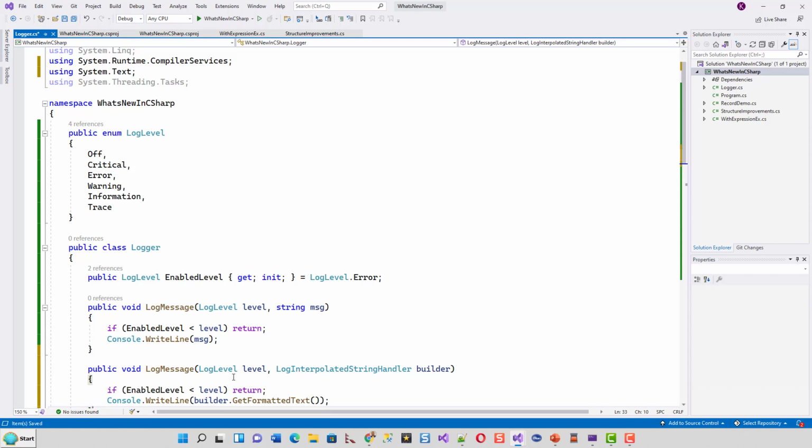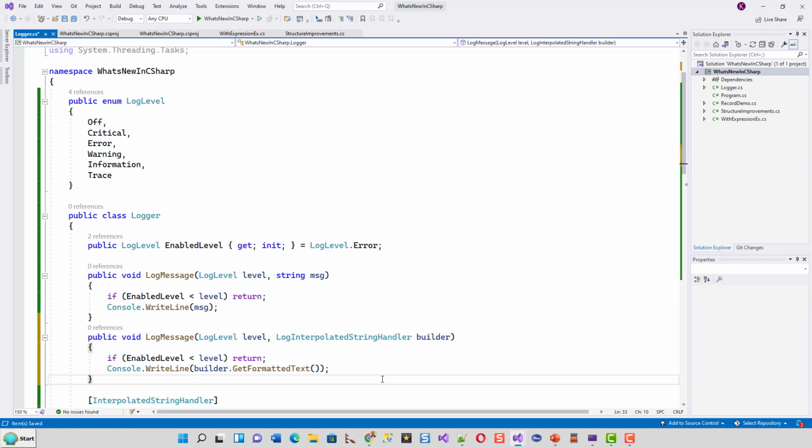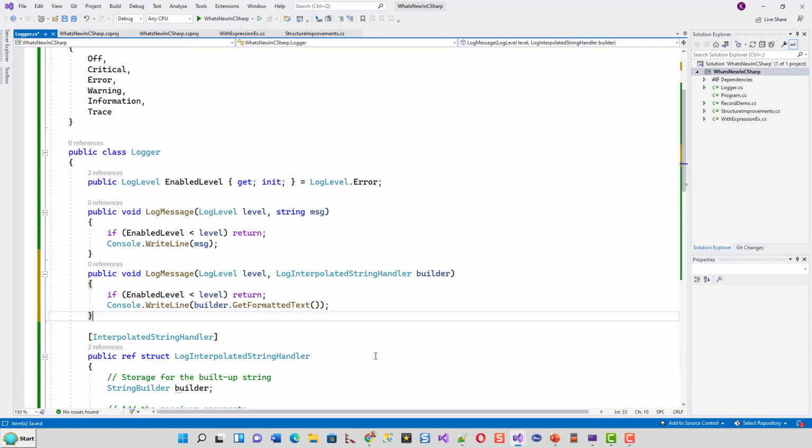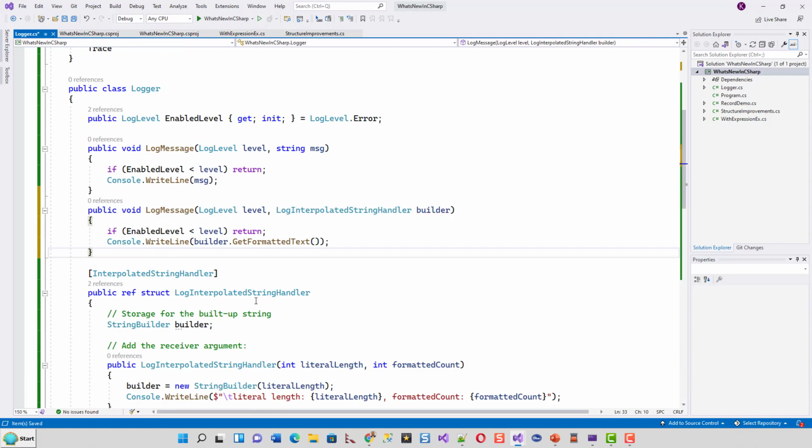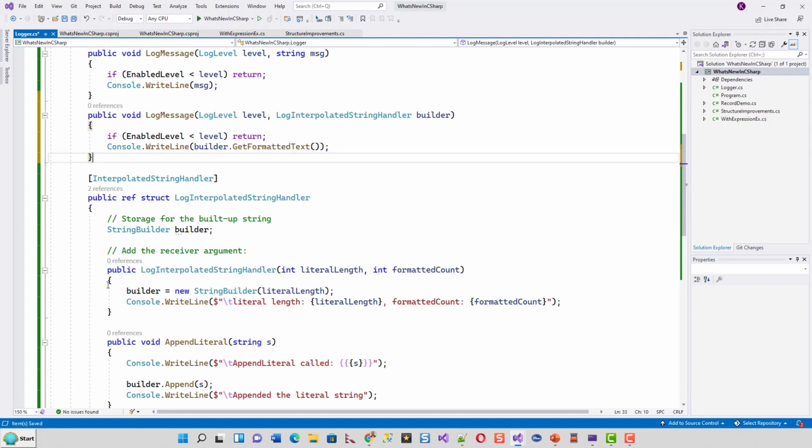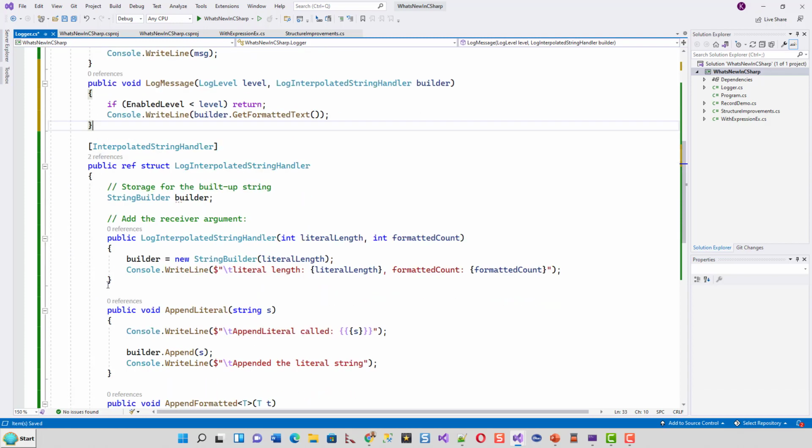It actually allows a builder which is of LogInterpolatedStringHandler type. Okay. So what is LogInterpolatedStringHandler? This was a struct, which has everything, all the code that was written. Okay.